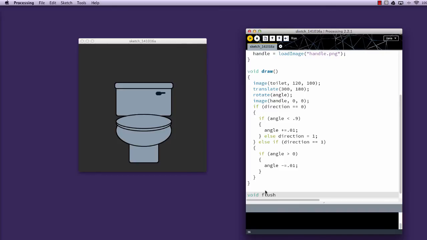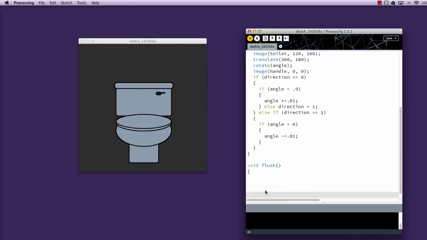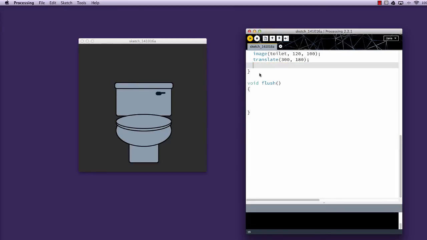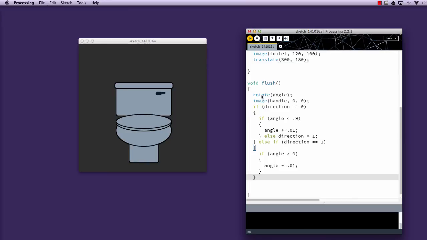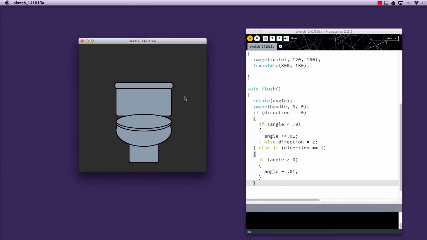And then we don't need to pass anything into it, because if we were passing something into it, it would go into those parentheses. And then whatever happens here will happen when I call void flush. So I want to take this whole flushing function, put it right here, and now if I run it at this point, we're not going to see the handle at all.